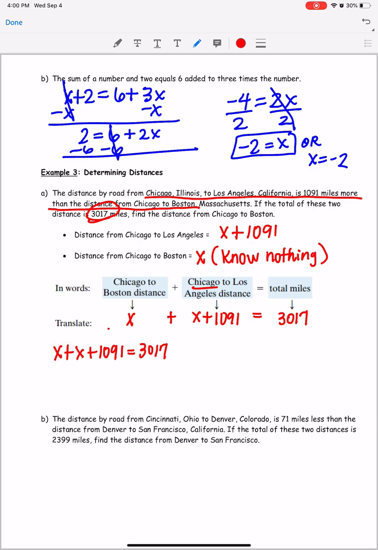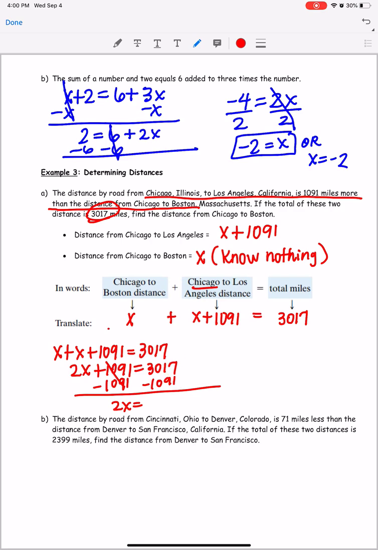So x plus x is 2x. We already have x on one side, so that means I need my constant over here. So to move this number over, the opposite of adding is subtracting, so we're going to subtract. So I've got 2x equals